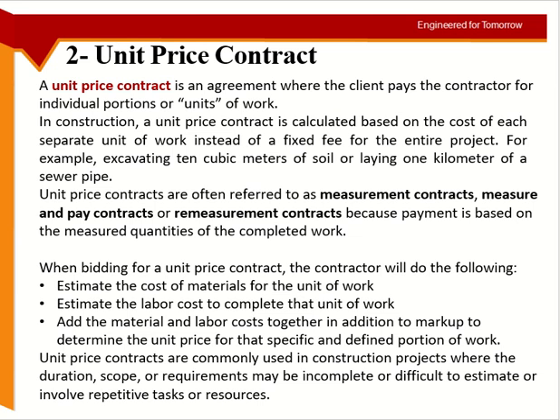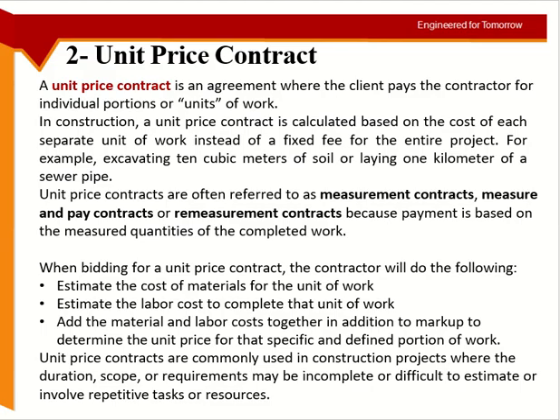Okay, then we have the unit price contract, the rate basically. The contracts which are made on the basis of rates. So in a unit price contract, the agreement is based on the units of work. The contractor gives the rate for different types of work on a per unit basis. So the contractor will give the price, not the total price. He will give the rate of the work.